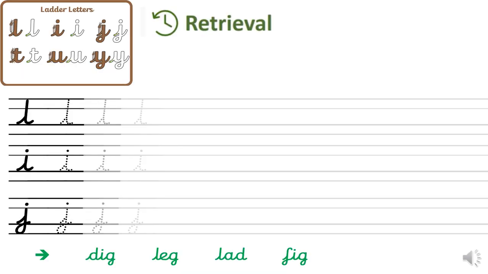Our retrieval practice for today is looking at our handwriting practice and forming our ladder letters. So I will show you how to form these letters correctly. So with the L, make sure we're starting on the line. We ascend, so we go all the way up, all the way down again, and lead out. And again, I'll show you, we start on the line, we ascend, we go all the way up, all the way down, and lead out. It's very important to remember that you start on the line to do your lead in and you do your lead out as well. And then without the dot,